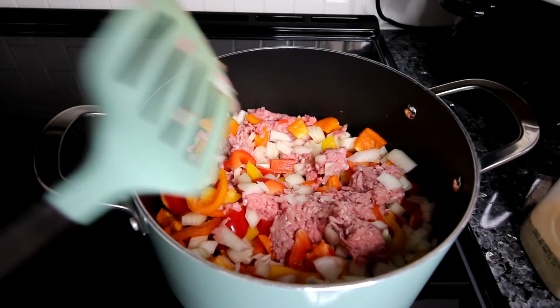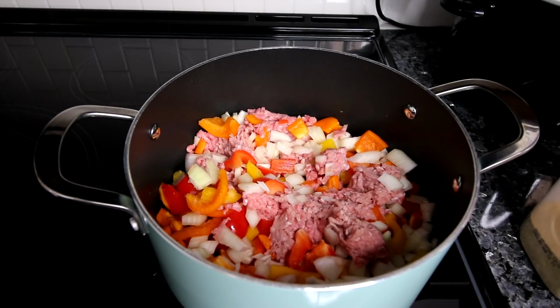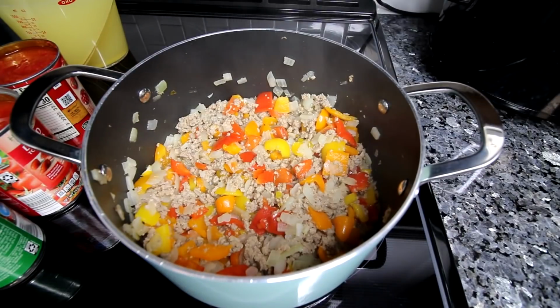And then while that's cooking, I'm gonna go ahead and steam up a couple bags of rice cauliflower. I'm using 2 12-ounce bags, and so I'm gonna get that going, and then I will be back once I've got this browned. Okay, now that that turkey is browned and those peppers and onions are softened,